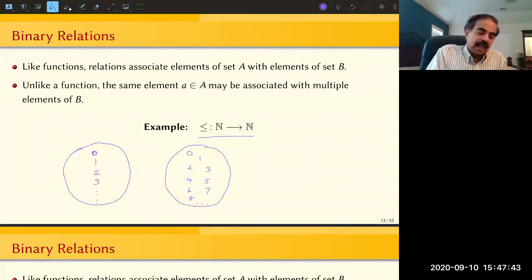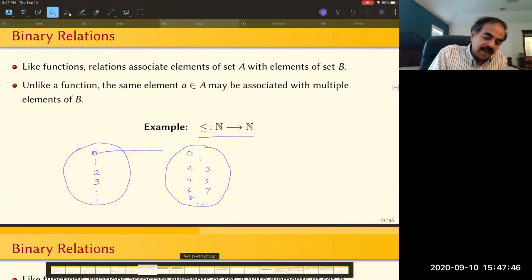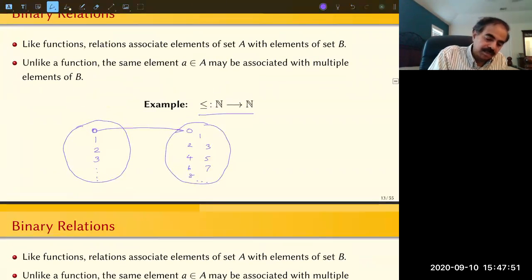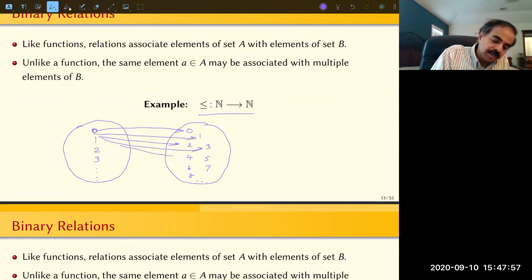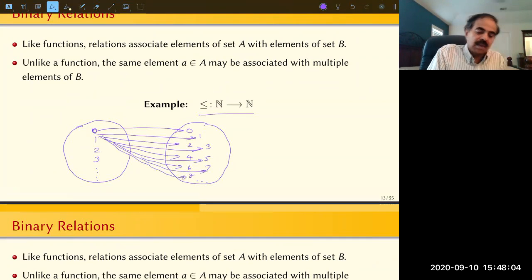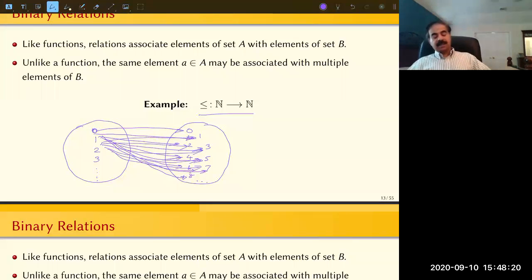Right? And now 0 is less than everything, right? So we can draw the arrows. And then 1 is less than or equal to everything except 0, right? So you can see that this can get very hairy, right? So many arrows,